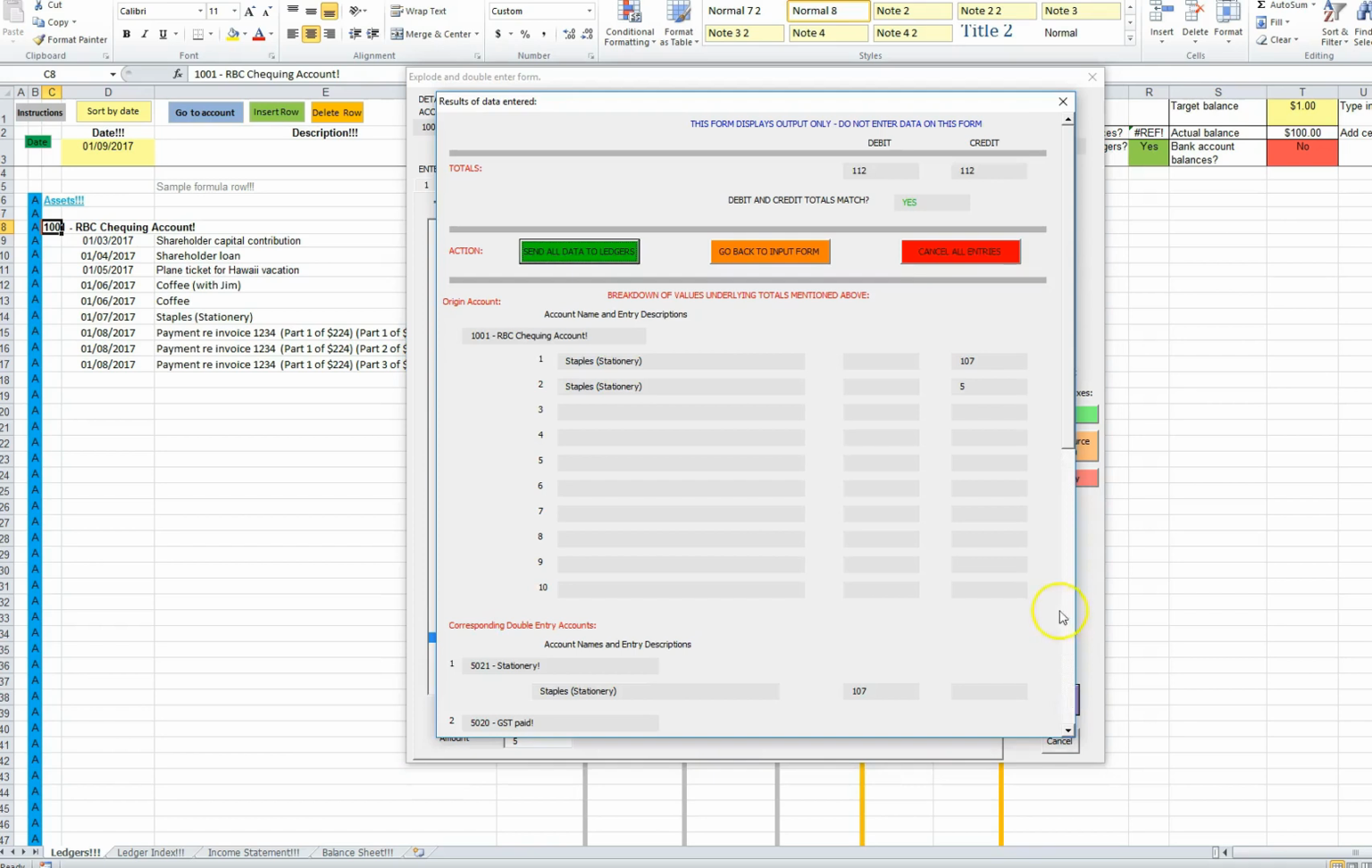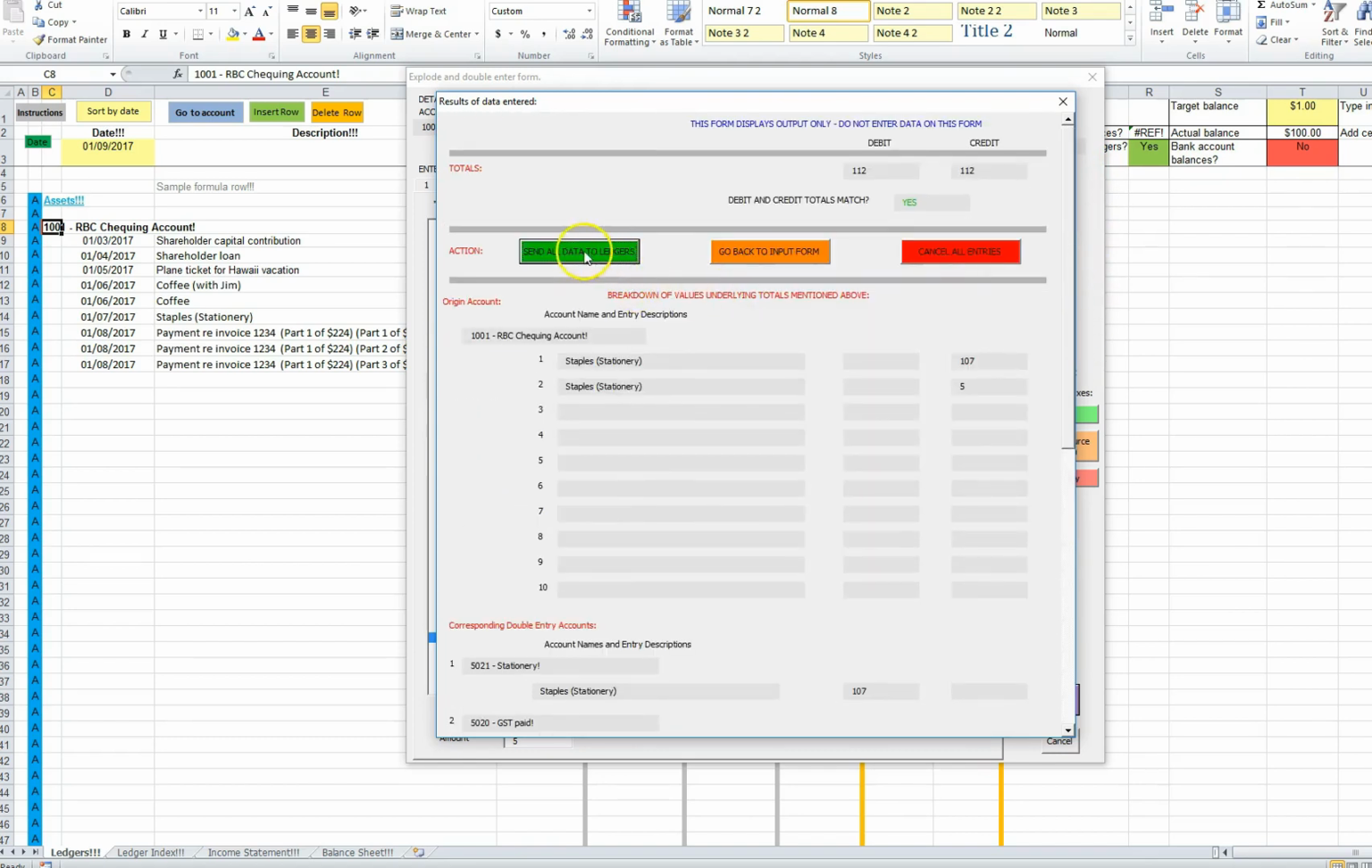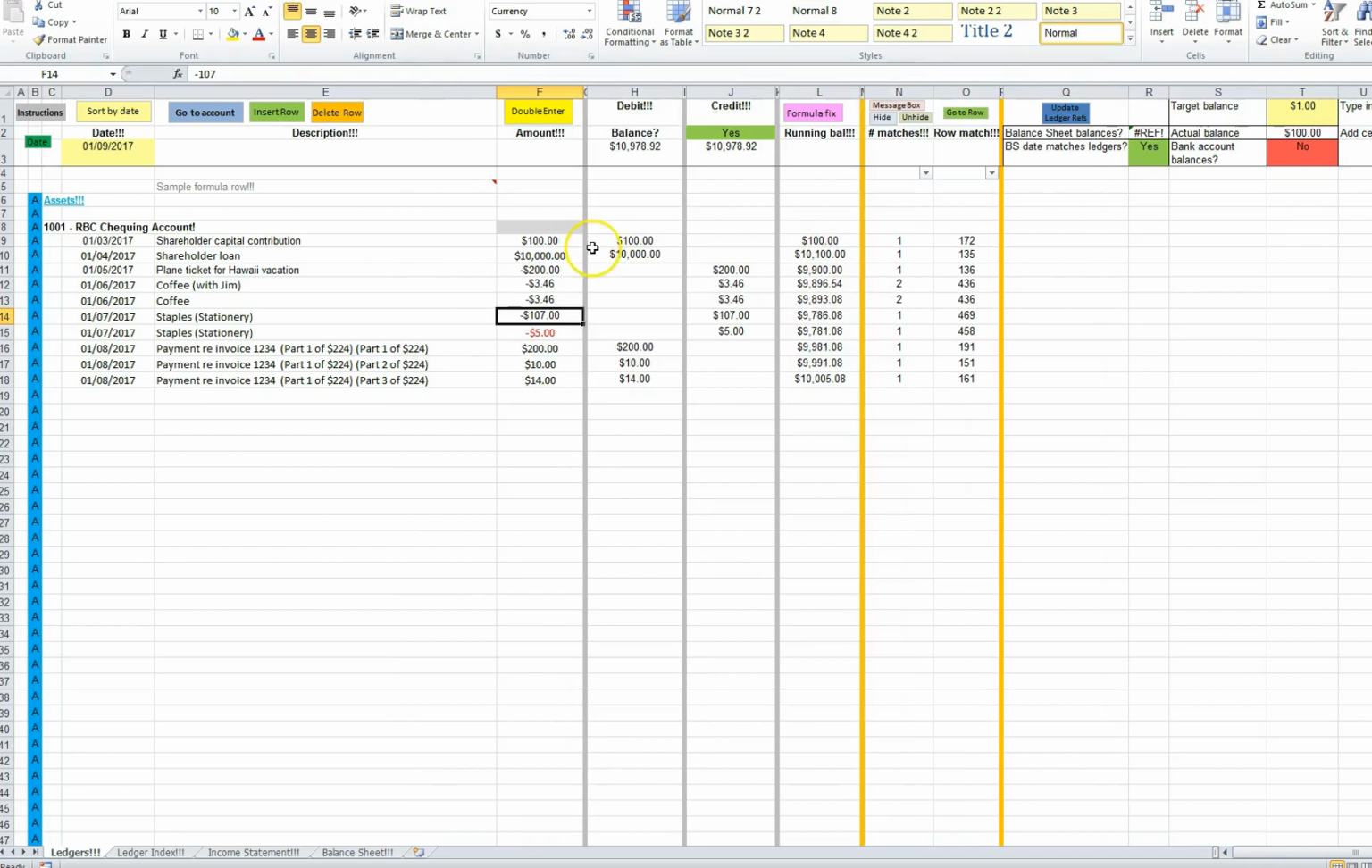Let me check if I didn't make any mistakes. Yes, debits and credits, both $112. They match, that's fine. 107, which as I've explained for tax reasons is the true cost of the stationery, and everything looks good, so I will send the data to the ledgers, and we can now see that this red text is actually just an anomaly from my